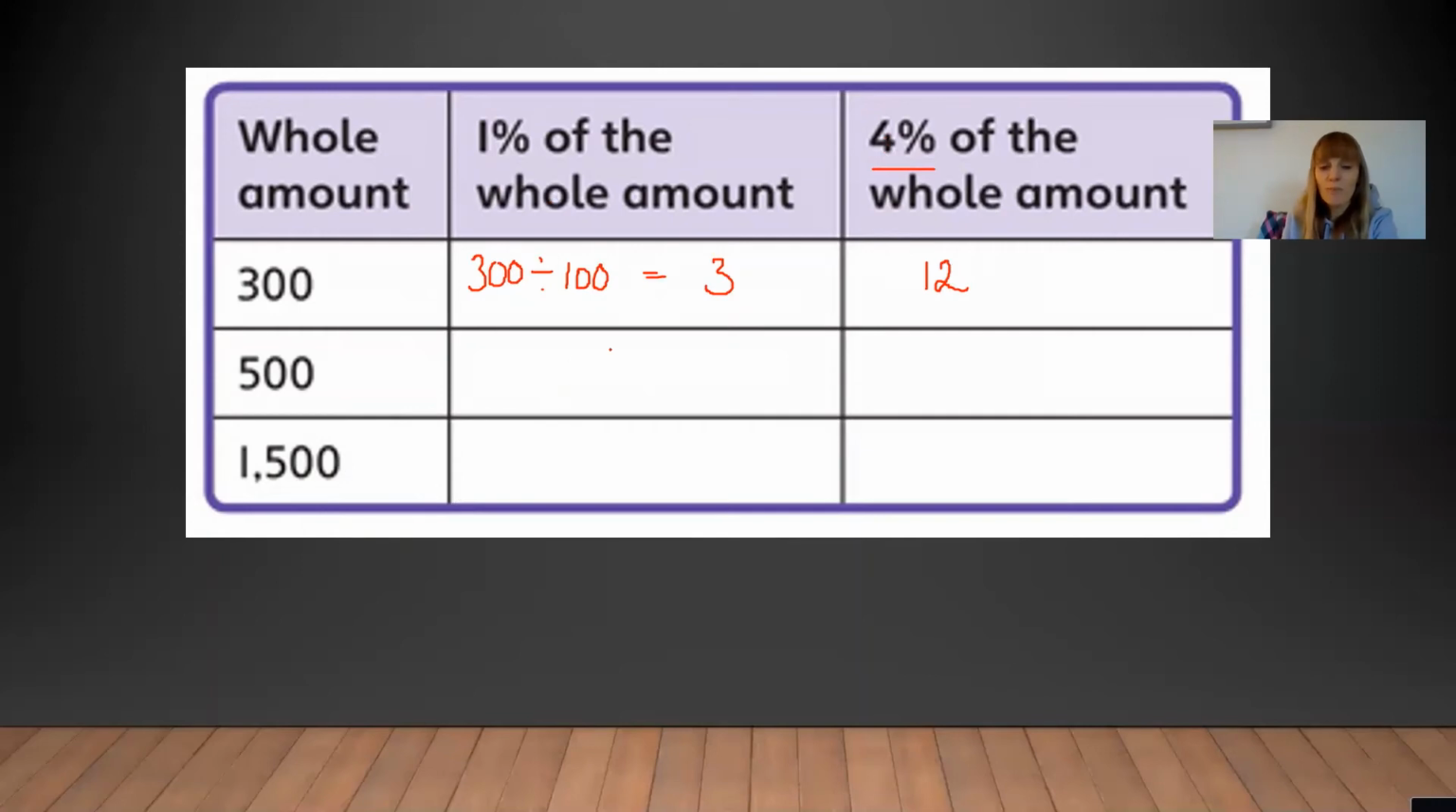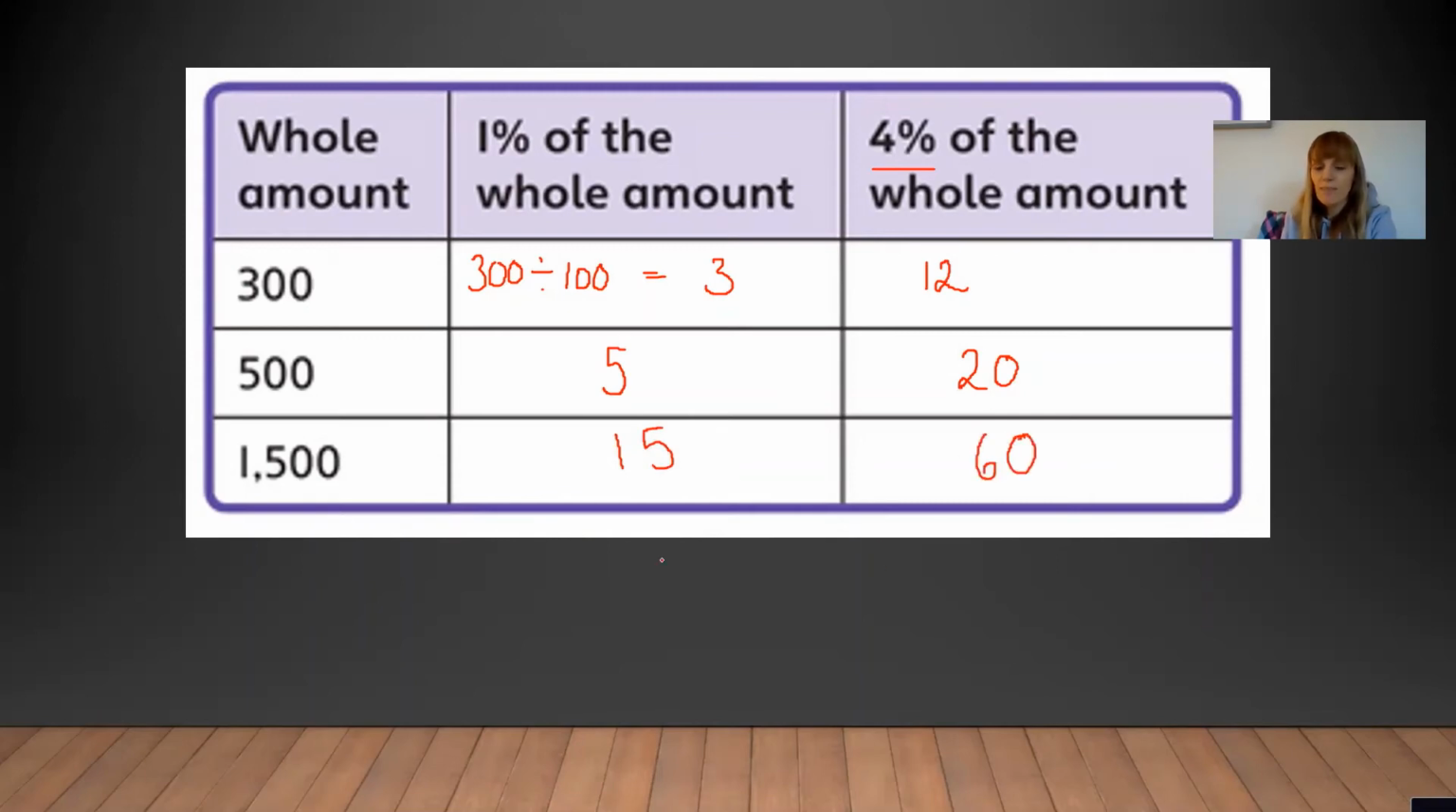Okay, so for 1% of 500, you should have got 5. And then for 4%, you needed to times that by 4, which gave us an answer of 20. 1% of 1,500 should give us an answer of 15. And timesing that by 4 would give us an answer of